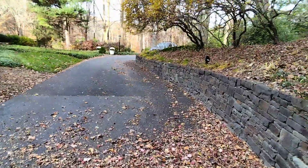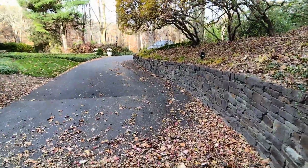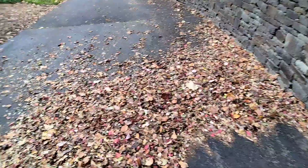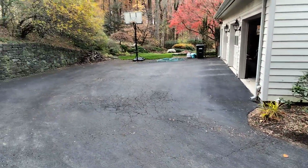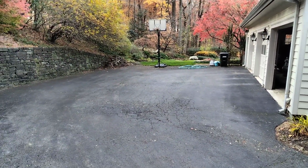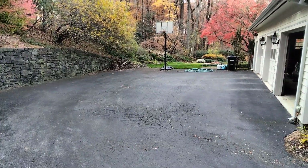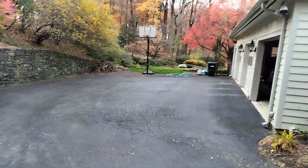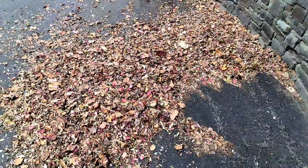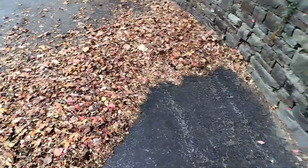My truck currently needs some work, so I'm in my little RAV4, and I'll tell you what, I'm doing a really good job with this. I got a lot of leaves here to clean up at this place. I used a combination of the rake, tarp, barrels, and the leaf blower also, and I've only been using this Ryobi leaf blower,